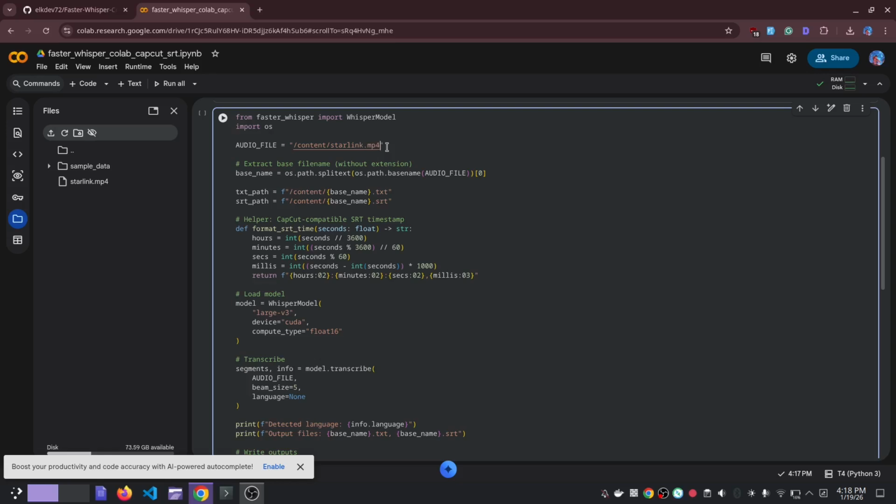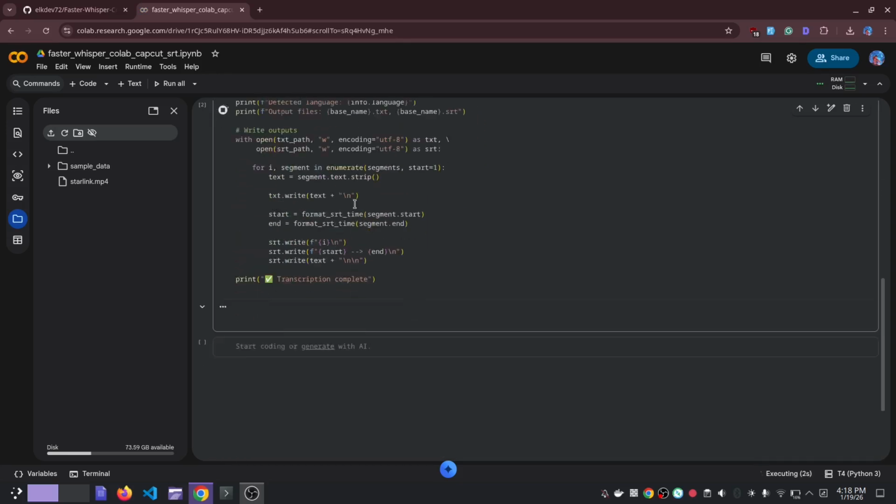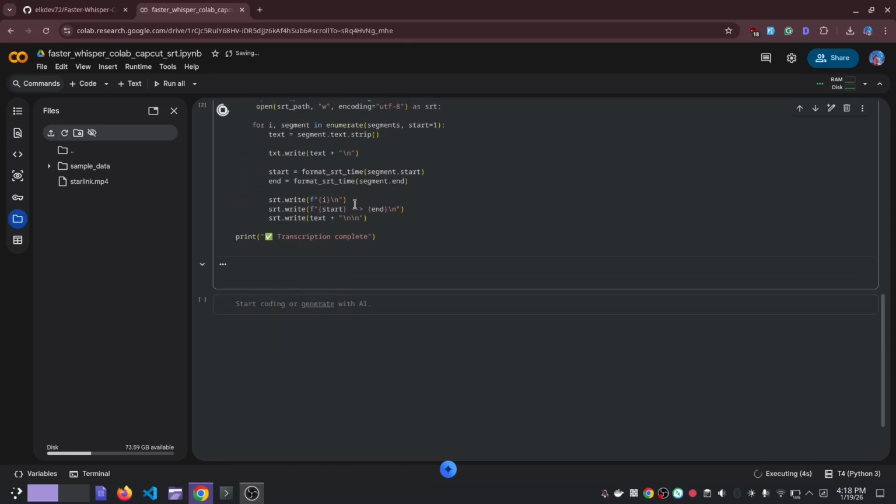I'm just telling this that the file is this one here. So it's going to go to content and starlink.mp4. So once you change that, you are good to go. Just click on run and your generation will start. So you can scroll here to see the progress.